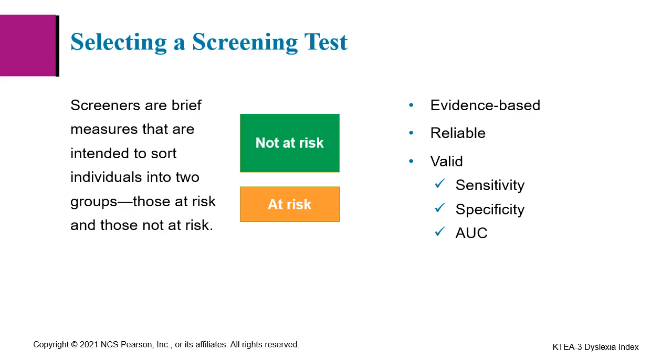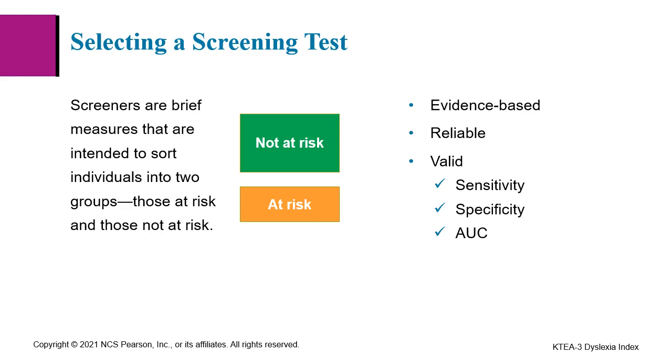Second, screening tests should be reliable. The screener's reliability coefficients should provide evidence that the items are internally consistent. Information should be provided to determine whether the results are stable over time and across scores or raters. Third, screening tests should be valid. The screening test should measure what it claims to measure.